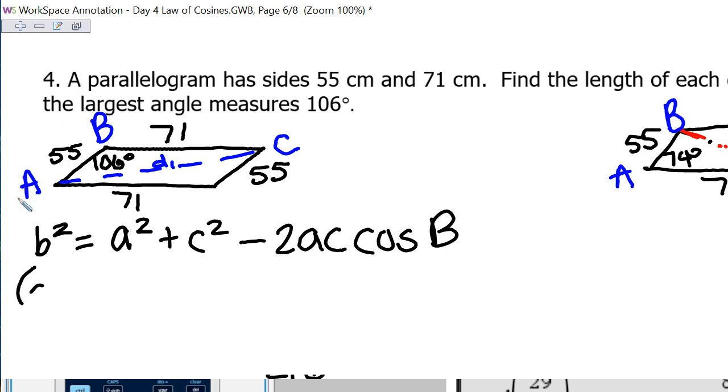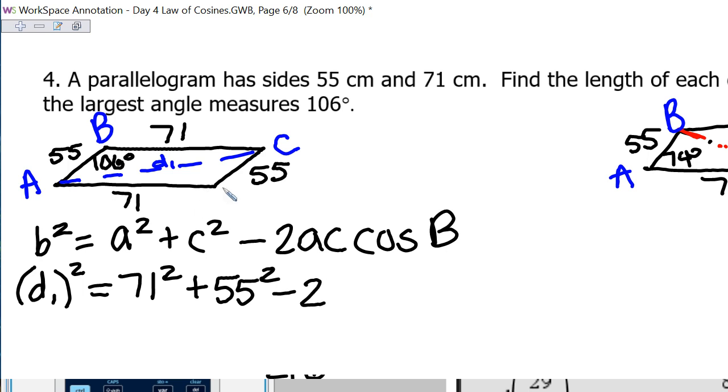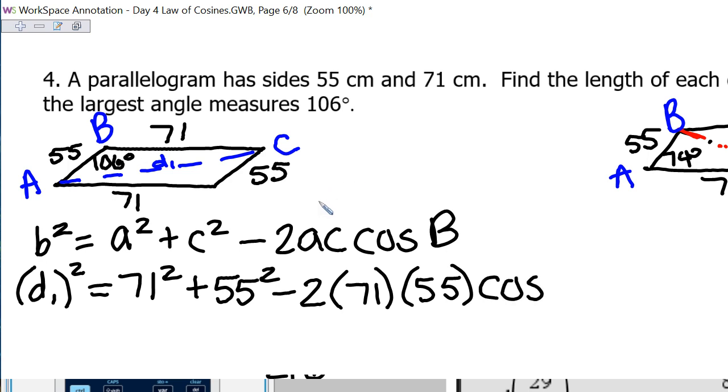So this would be d1 squared, diagonal 1 squared, is equal to, what is side A? 71 squared, plus what is side C? 55 squared, minus 2 times 71 times 55 times cosine of angle B,